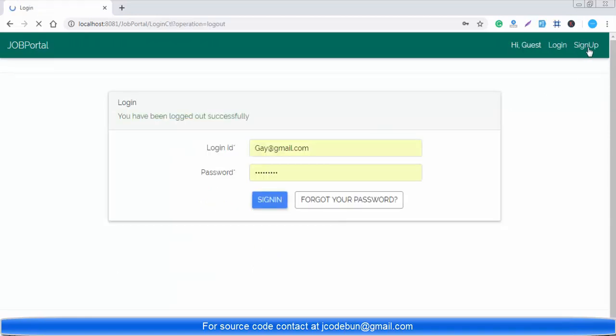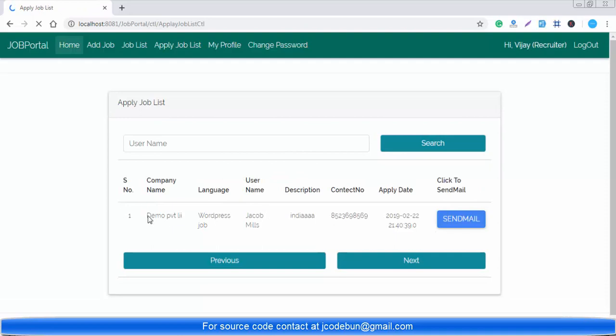So now log in as a recruiter, the same recruiter, and just check. Boom. So you can see now the job list, apply job list. It means what job is there for that the employee has applied. So this is the job for that particular employee